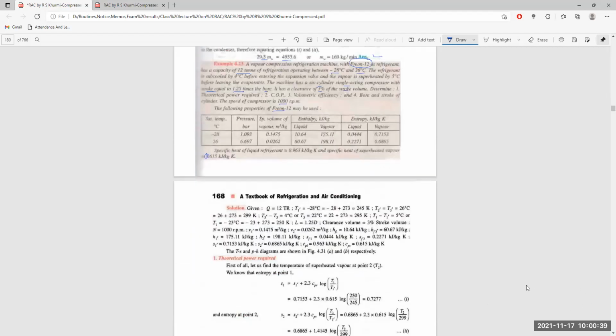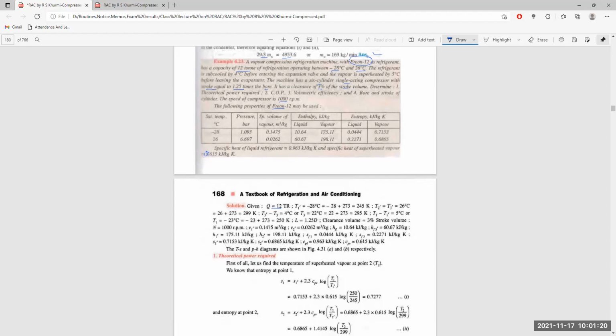So what we have to do first is find out what is what. The tonnage is given here, that is 12 metric ton. So the amount of heat which is supposed to be extracted in the evaporator is to be obtained by multiplying 12 by 210 kilojoule per minute. But 210 is the heat extracted from 1 kg of water to convert it to 1 kg of ice itself. So T1, the temperature at the low temperature itself, is here.